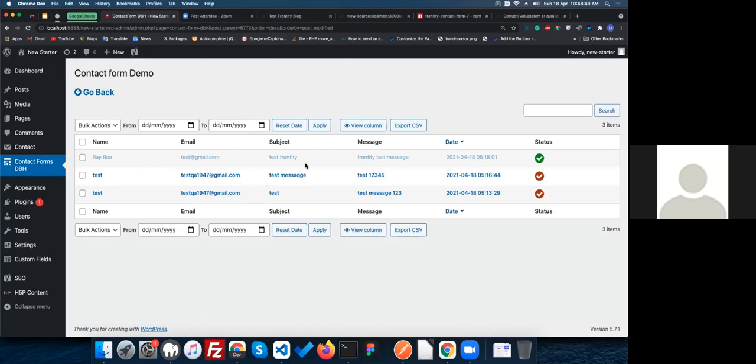Yes, I have one question regarding some actions or filters. For example, I have one requirement: after a form submission, I have to create one PDF file and send it as an attachment to the user's email.